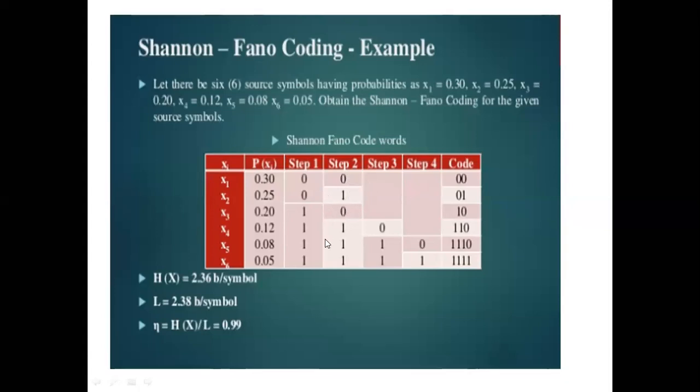Then coming to the lower set. If you observe here, it is 0.2 and the rest is 0.25. Then we can divide into again 2 halves, 0.2 and 0.25. The upper set is 0 and the lower set should be 1. Then we need to divide these 3 into 2 sets. Again it is 0.2 and the below one is 0.13. So therefore we can get 0 and the remaining is 1, 1. Again if we divide, 0, 1. Okay. And finally we are going to write the combining of the bits that are respective to